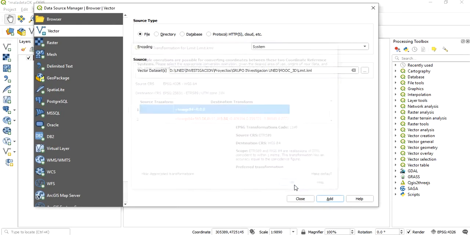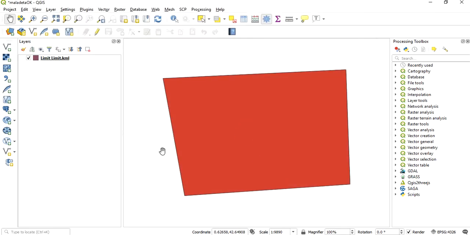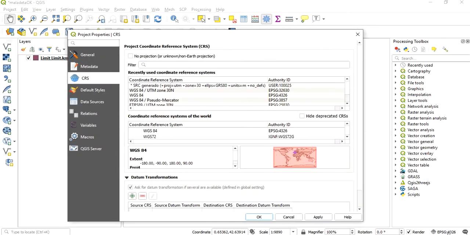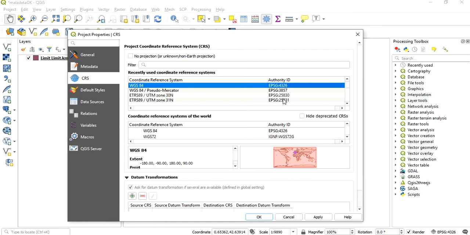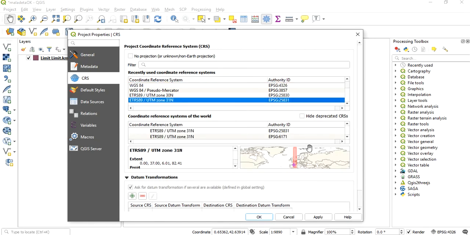I have this warning, and you can check on the bottom right corner of the window that my projection has been changed. Bear this in mind at the beginning, and please change it back to the projection that we are going to work on. So click here on the bottom right directly, and you can see it opens the same window. And now in the list we should already have the one that we chose. There it is. Just click Apply again and OK.